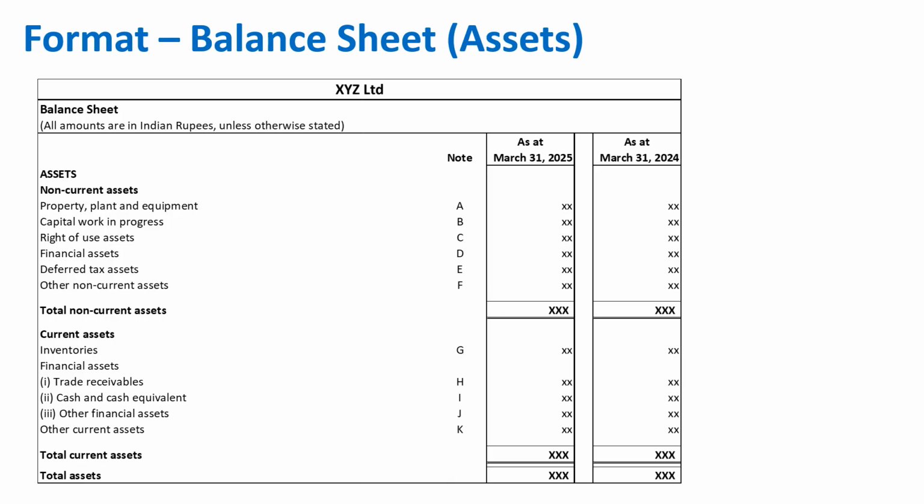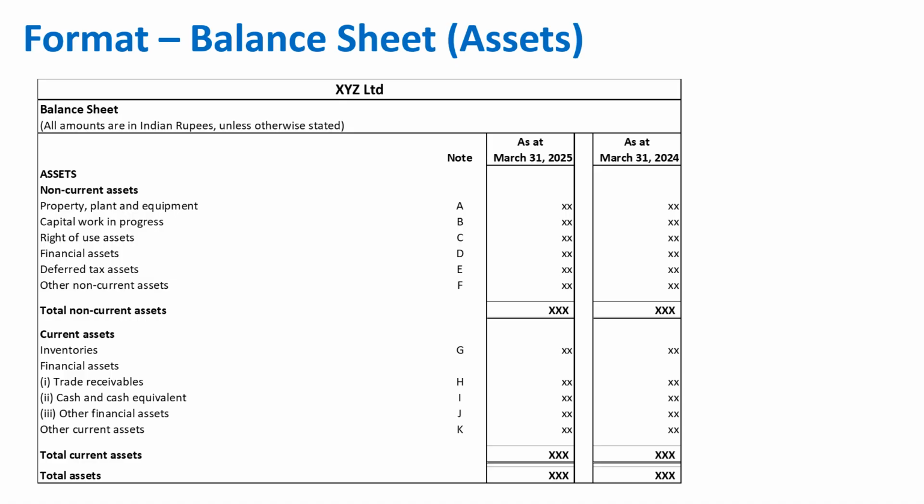Okay. You start with the company name at the heading, for example, XYZ Limited. Then you write balance sheet. All amounts are in Indian rupees unless otherwise stated. Okay. And then you can see there are two columns here, as at 31st March 2025 and then as at 31st March 2024. You have to always give your preceding year or you can say previous year number as comparative